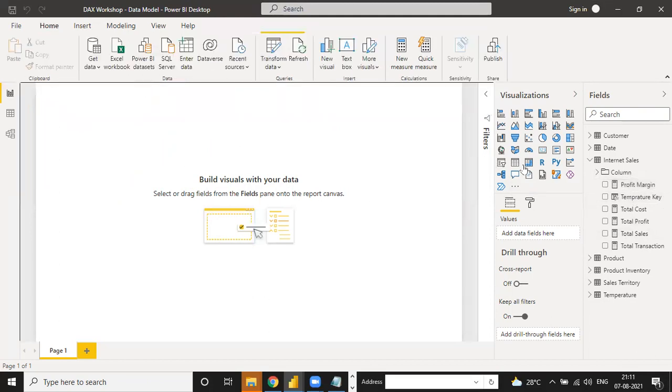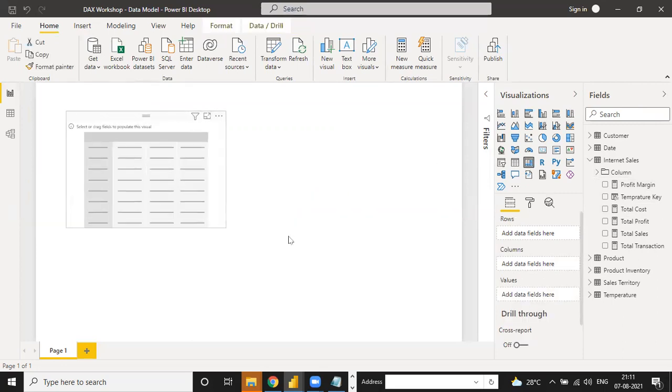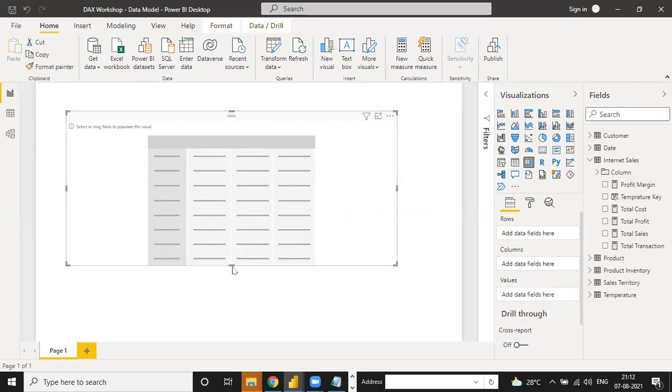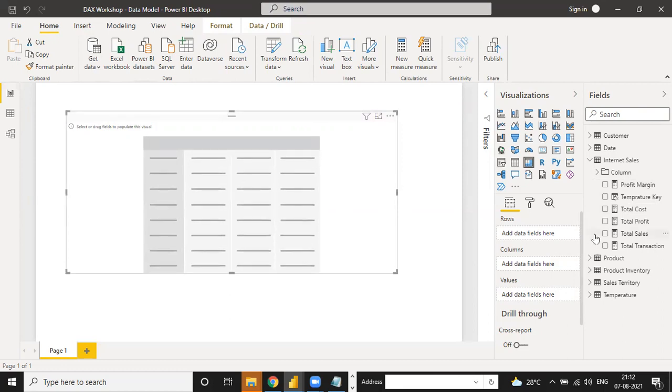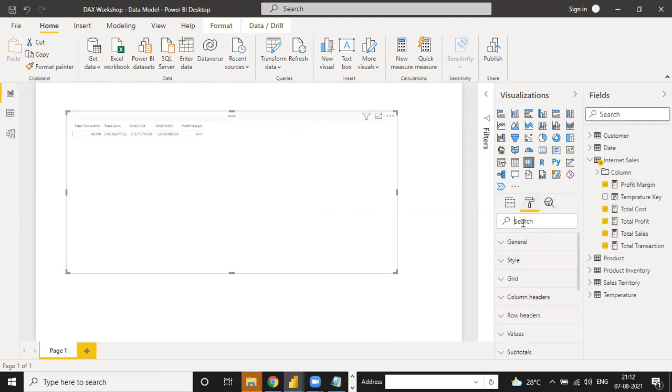Now we have to make one table on the basis of the five measures. Total transaction, total sales, total cost, total profit, and profit margin. Move the sizes here.